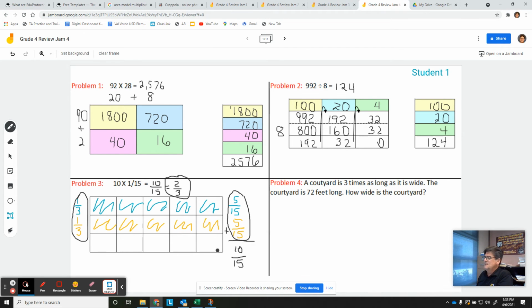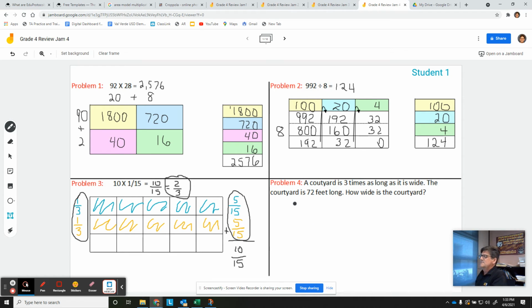Okay. Finally, we come to problem 4. A courtyard is 3 times as long as it is wide. The courtyard is 72 feet long. How wide is the courtyard? So there are several different ways that students could do this. And this is very open. So they could use a division with a model like this here. They could use